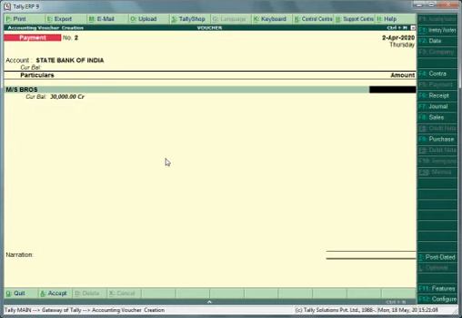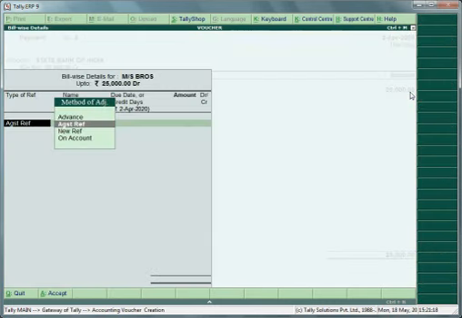Now we have to put some amount here which we want to pay. Suppose 25,000. Then as we enter the page, a new page will open, that is bill wise details.